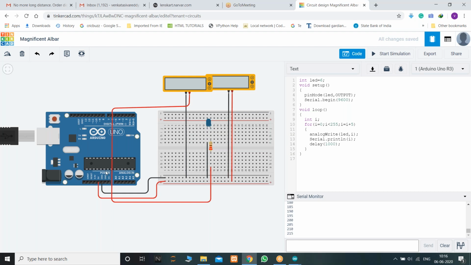So I'll show you how to connect this light dependent resistance. I already showed you how to connect this light dependent resistance to this Arduino. I just want you to do a task where you read the data from this analog input, the analog sensor, the LDR sensor, and I want you to control an LED based on the values that we are getting from this LDR sensor. Am I clear with that?